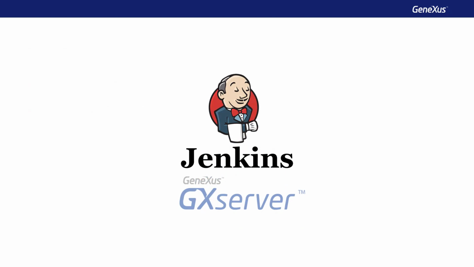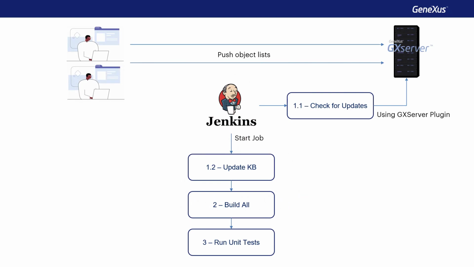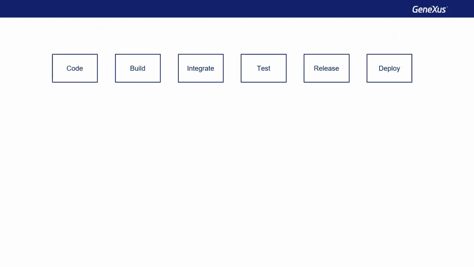To this end, we'll be using GeneXus Server along with Jenkins, a continuous integration engine. This tool will implement the whole process. For each commit by a developer, at least the following automatic processes will be carried out: update of KB, build all, and execute tests. When everything goes well, the build is successful, and we may move on. Otherwise, the process must be stopped to solve the conflict encountered. These steps make up the lifecycle in an application.